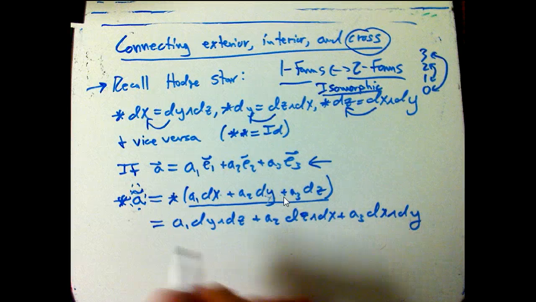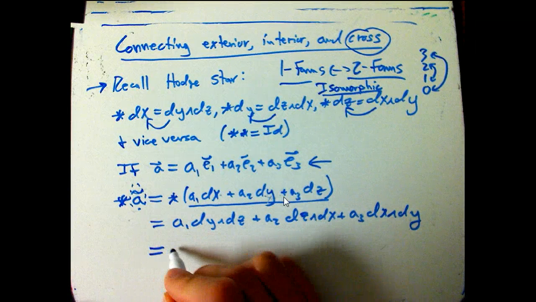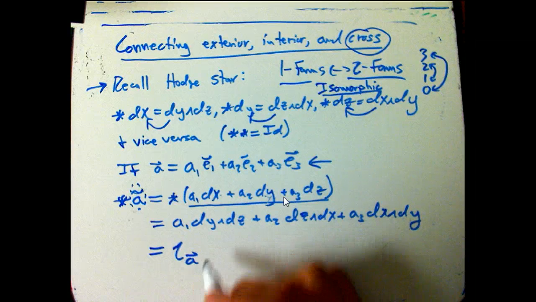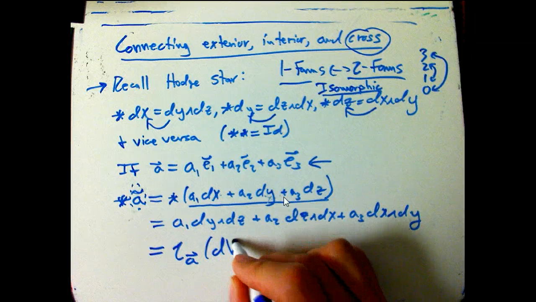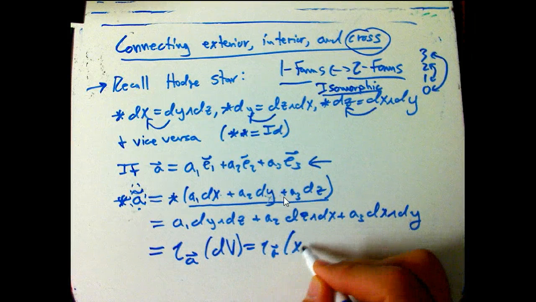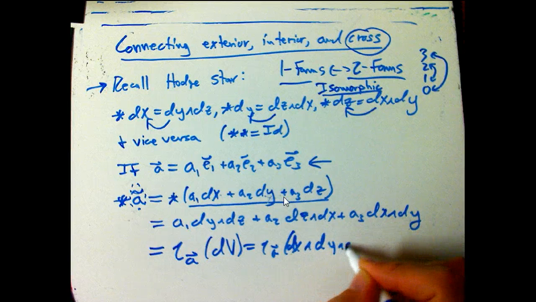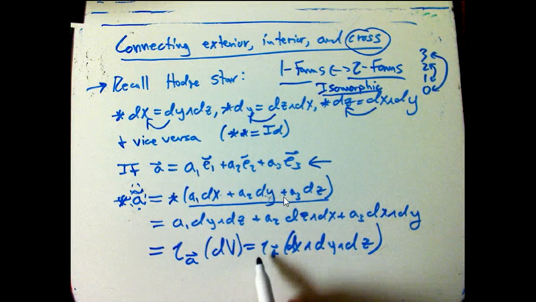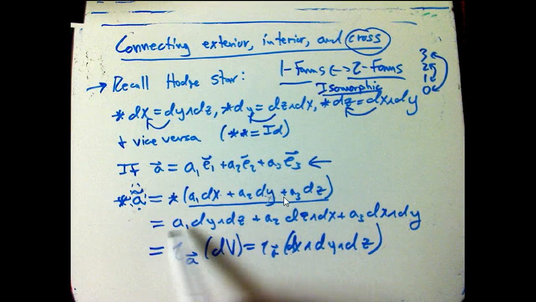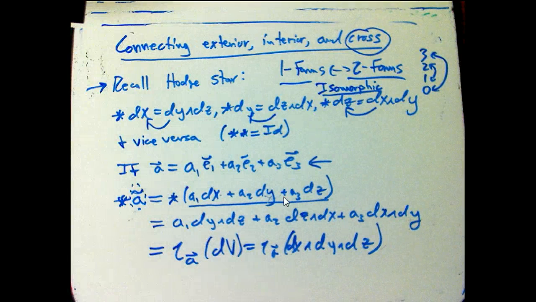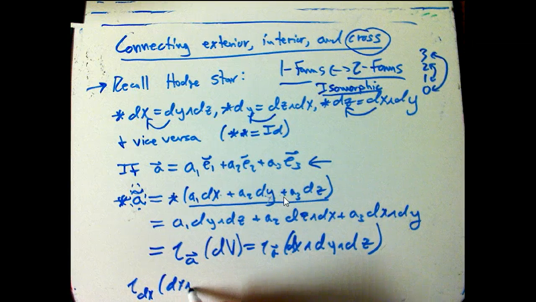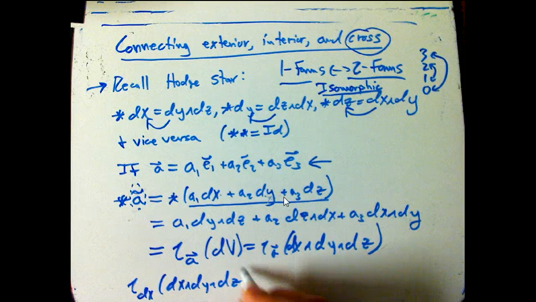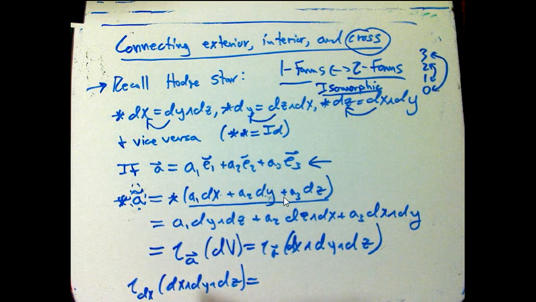Okay, so I want to note that I claim this is also equal to the interior product of A. Well, what would it be? To end up with a 2 form, it must start with a 3 form. In fact, it's just dV, which is a nice abbreviation for dx wedge dy wedge dz, the volume form. So if you take the volume form and you take the interior product with A, I claim you get this. Let me just show a bit of that, not to take too long. Let's just do the calculation for I_E1 on dx wedge dy wedge dz, just as an illustration of the